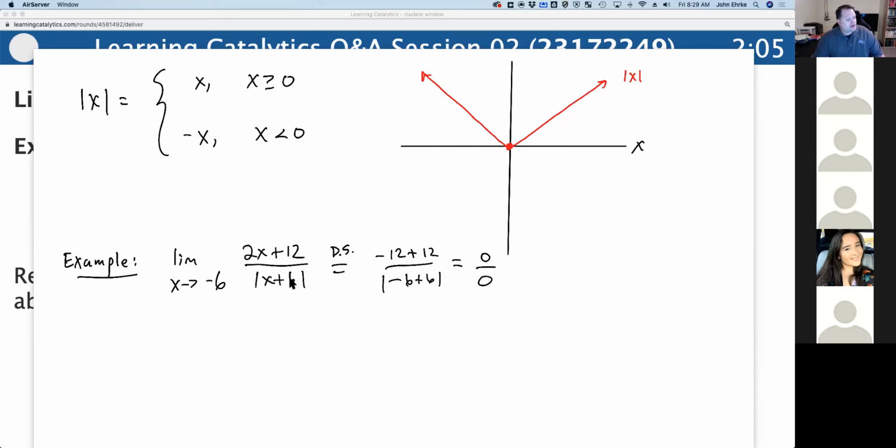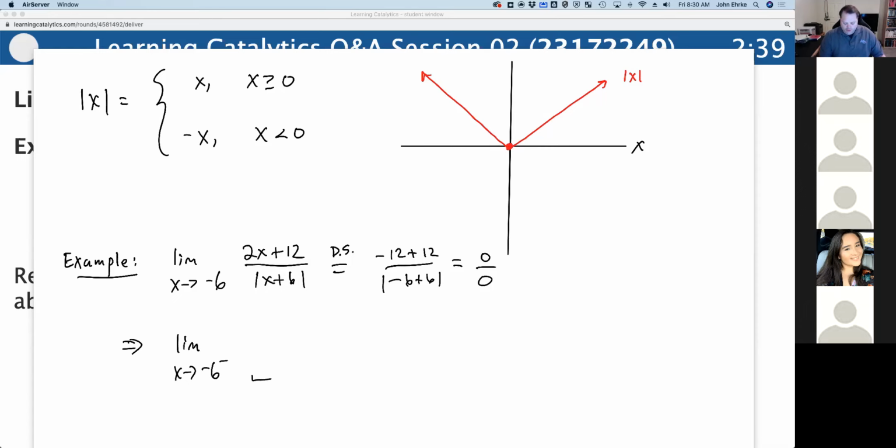Because it's an absolute value, I have a different function to the left of the breakpoint than I do to the right of the breakpoint. Now, they probably agree at the breakpoint, but you still have to check it because it's part of a larger function here. If I were just talking about the absolute value itself, then it would just be 0. But because it's in the denominator of this other fraction, I have to look at this from both the left and the right. So if I look at it from the left,